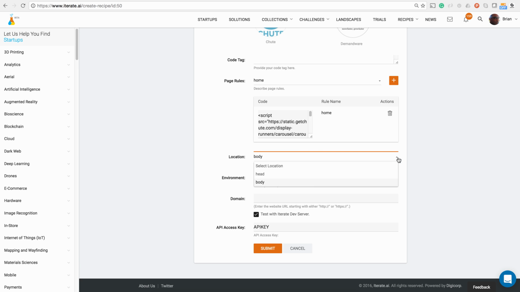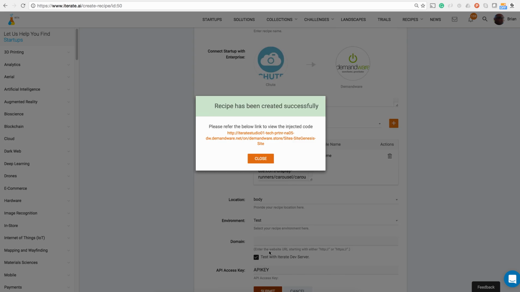You select which section you want to push this code into, whether test, body, or dev. And you can also enter the domain name, and then when our Demandware cartridges are installed, we'll also generate an API key that will bind this recipe to a customer's active Demandware environment. But what we also do is we also enable startups to quickly test these things. So we've enabled this flag called test with iterate server. The moment you do that, the code will be pushed into